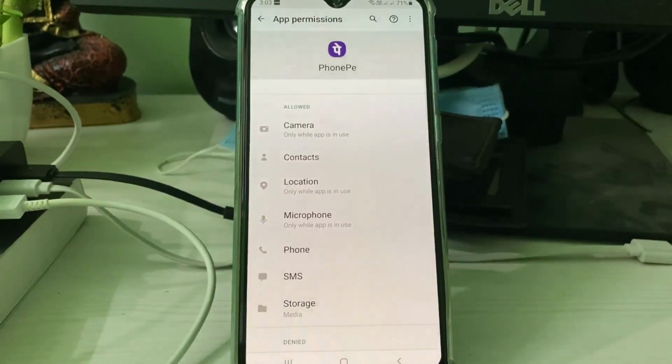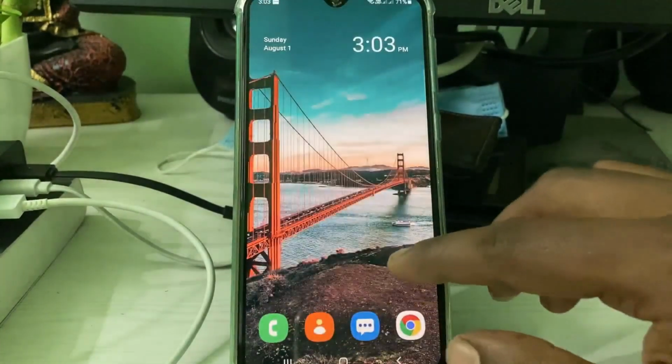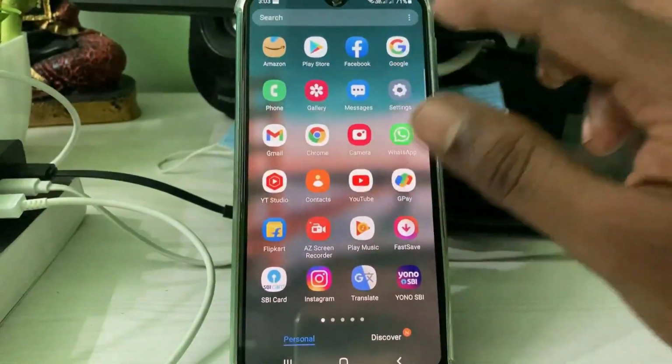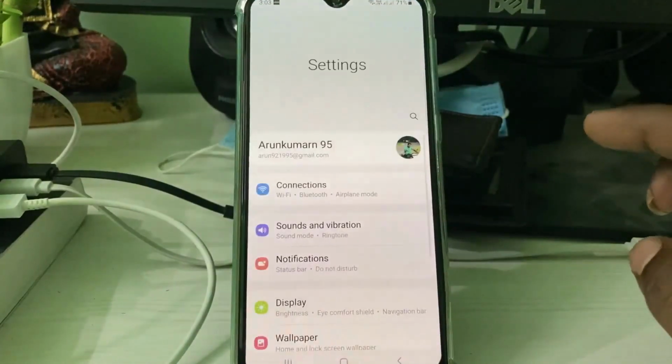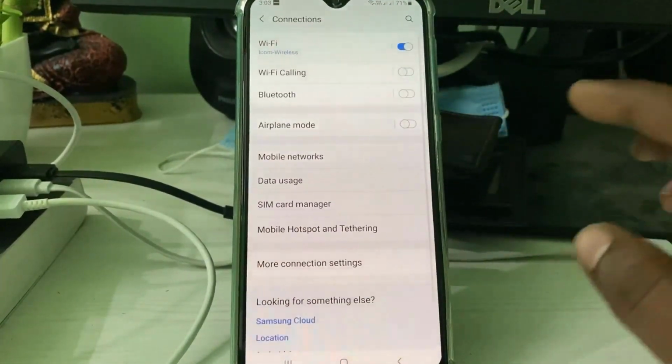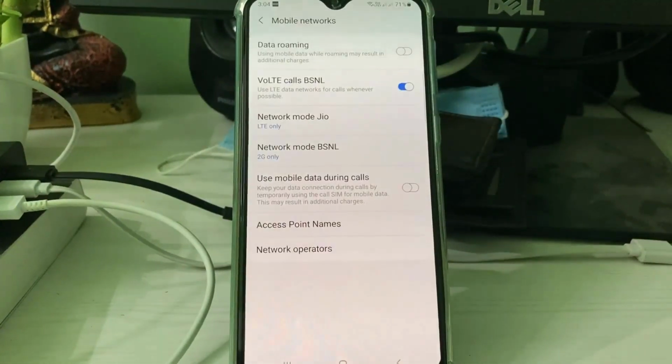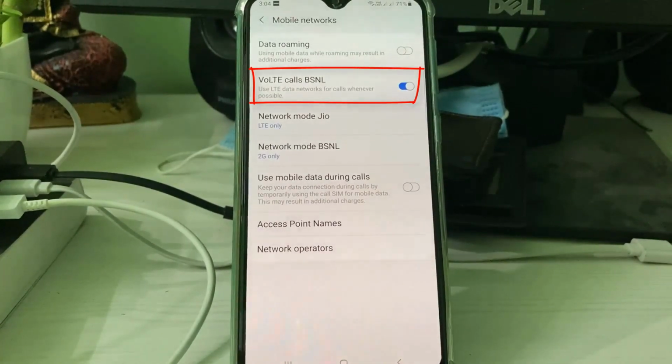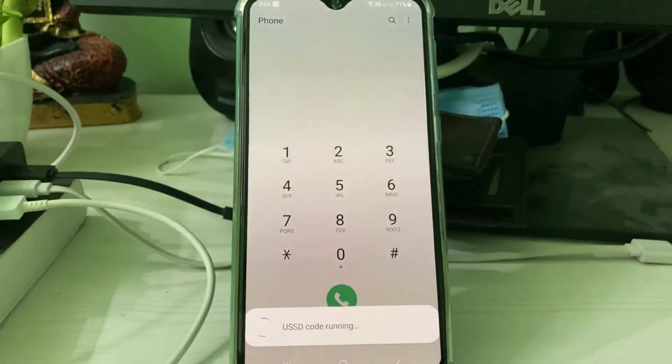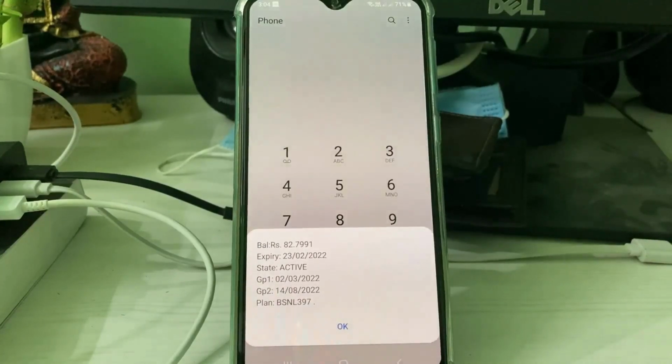Once you have done these processes, also check your mobile SIM card settings. Check if the 4G VoLTE option is enabled or not, and also check if you have a balance or not. Once you complete these steps, restart your device one time.